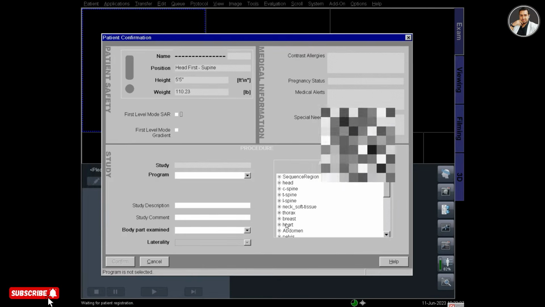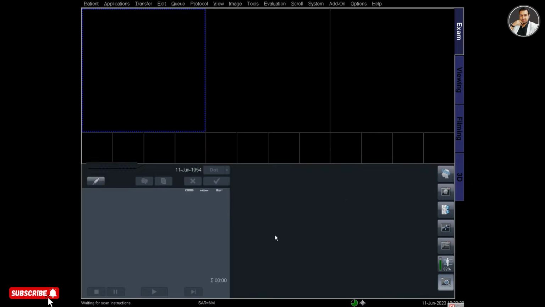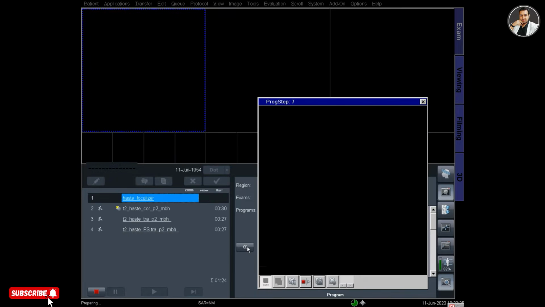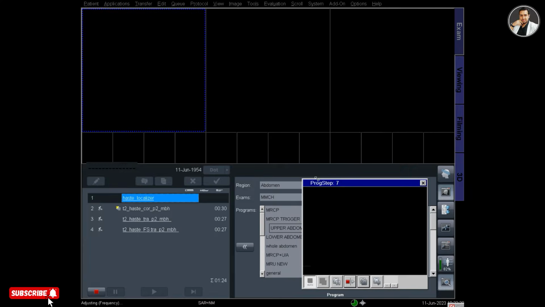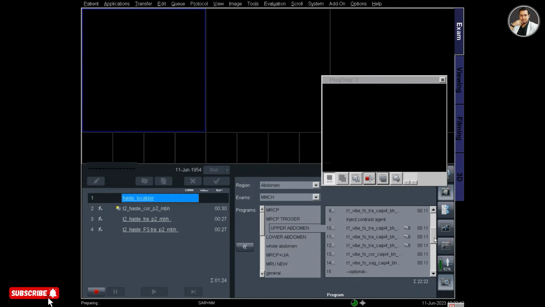Patient position head first supine and then click exam, and from the protocol list select the upper abdomen first and then the lower abdomen. So I will take upper abdomen first. I select whole abdomen. There is a folder that is saved whole abdomen, but I have to select the protocols manually from upper abdomen. So at first I will take the upper abdomen protocols, and now HASTE localizer is running,